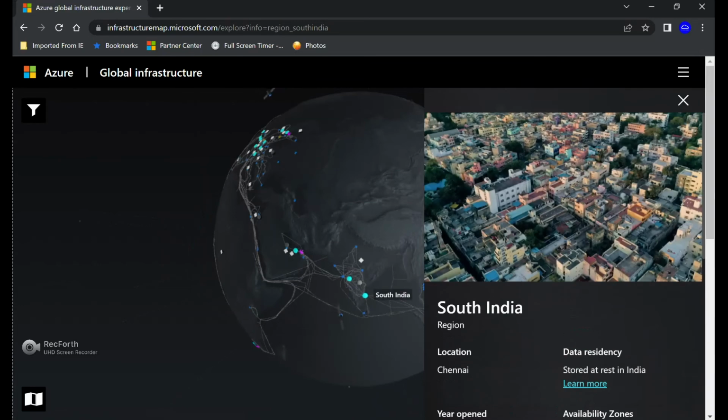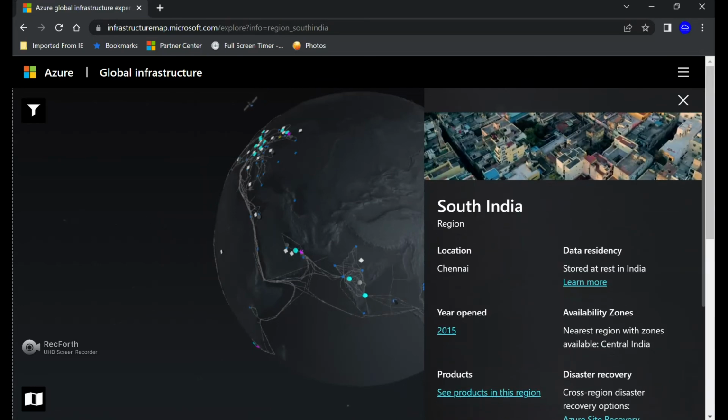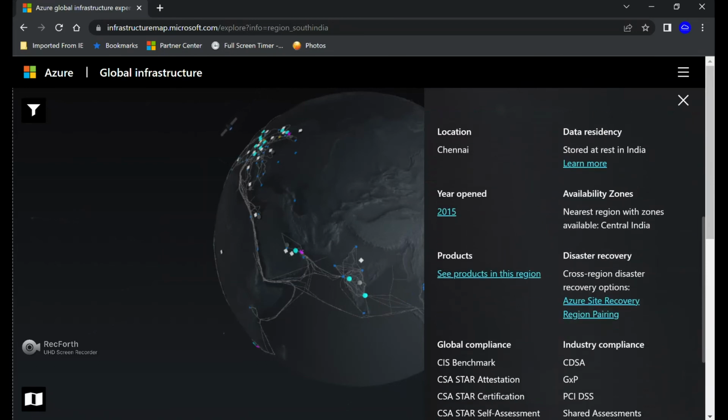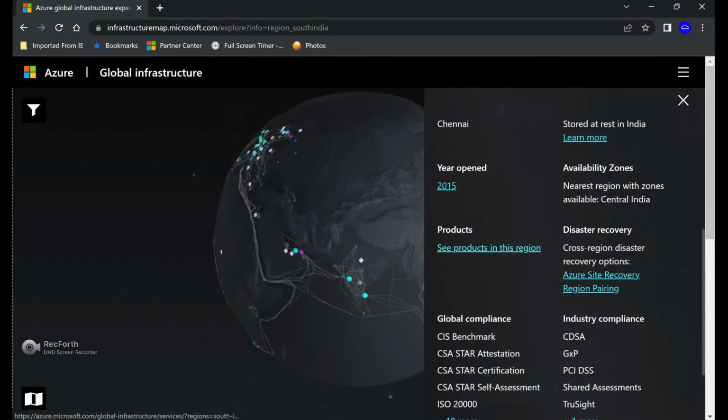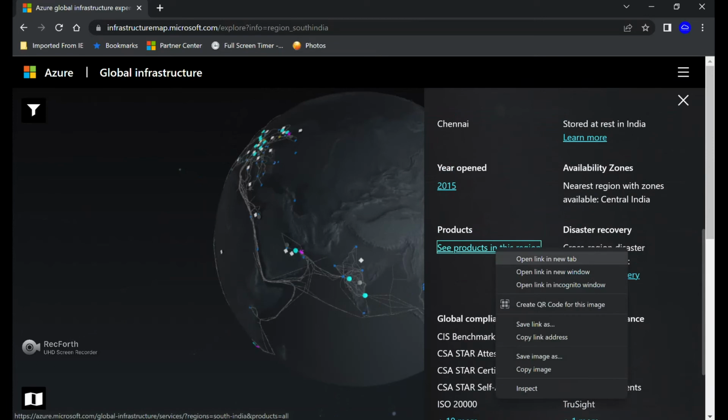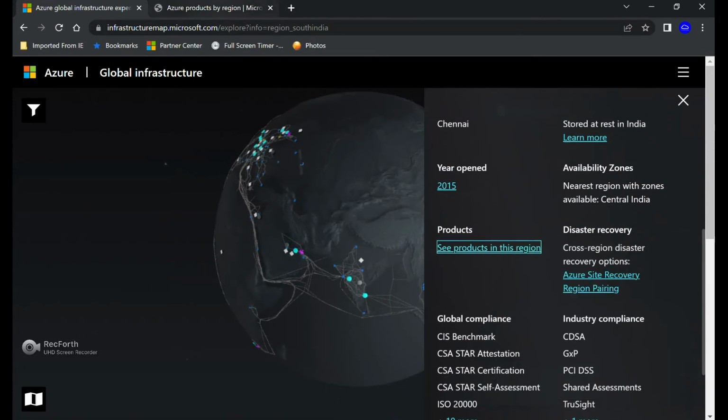And if you look at South India, this is located in the city of Chennai. Again, this was opened in the year 2015, and you can see the compliance and the certification attached to this region. Now, if you want to see the products in this specific region, you can go and check this out,